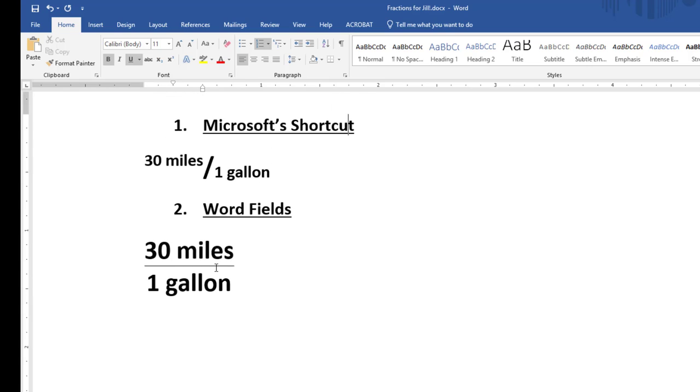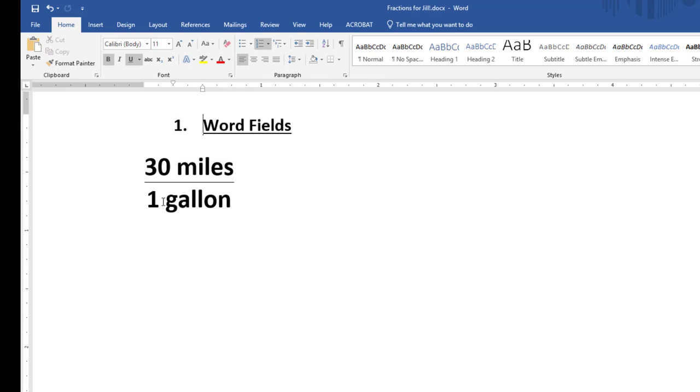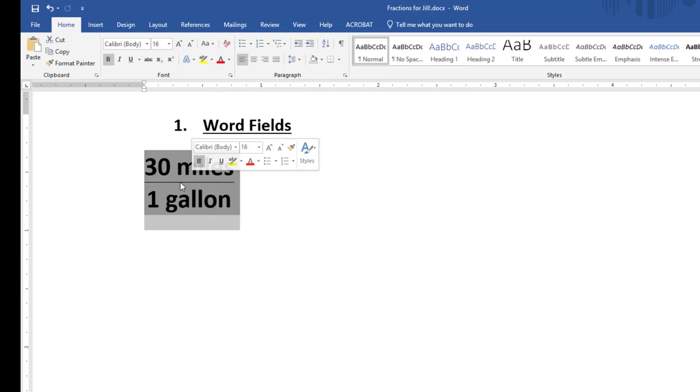Oh, also, I'm not going to show you the third way. The third way I mentioned was an online editor, but I'm going to just keep it to these two. And as a matter of fact, I'm going to use just this one because I think this is the most useful. You can also, if you right-click on it,